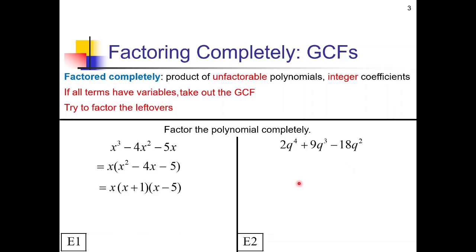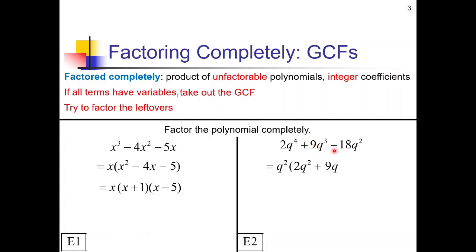All right, so just like before, just like always, I'm going to look for common factors before anything else. So looking at the numbers, we have a 2, a 9, and an 18. Unfortunately, there's no numbers I can take out of all of those, but I can take out a q to the 2nd power. That's the lowest exponent, so that's determining what we can take out of everything. So if I take a q squared out of everything, we now have a 2q to the 2nd power plus